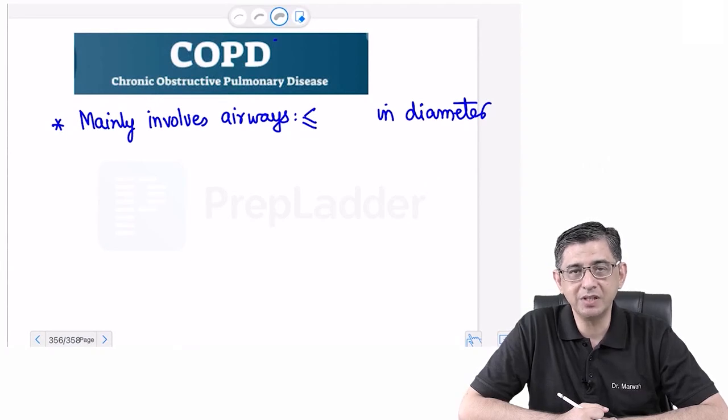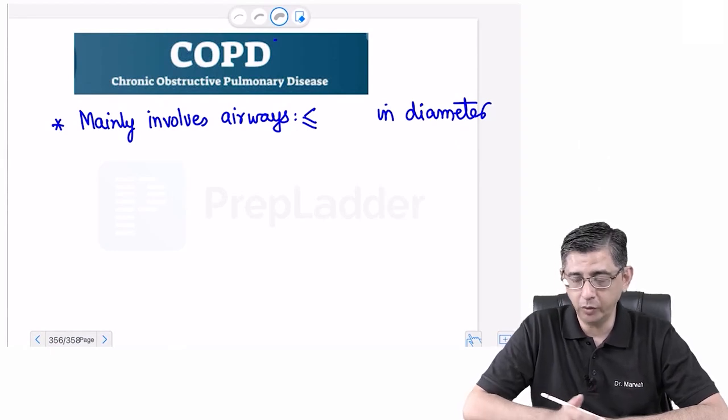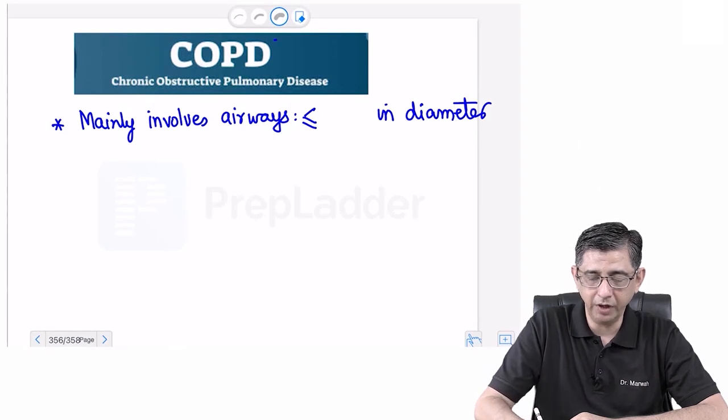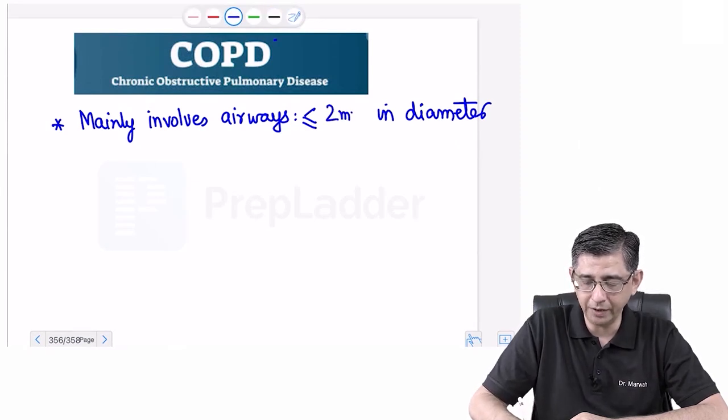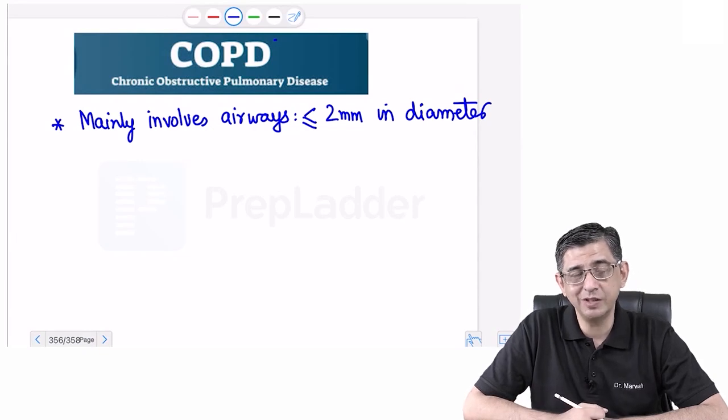Hi guys, welcome to this discussion regarding COPD, and this is primarily a small airway disease. The definition of the word small airway would be that the diameter or the caliber of the airway is less than 2 millimeter in size. Now, since this is an obstructive airway disorder and even asthma is an obstructive airway disorder, the question arises,